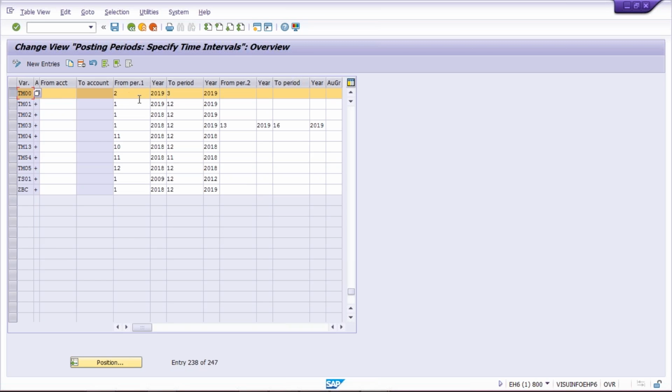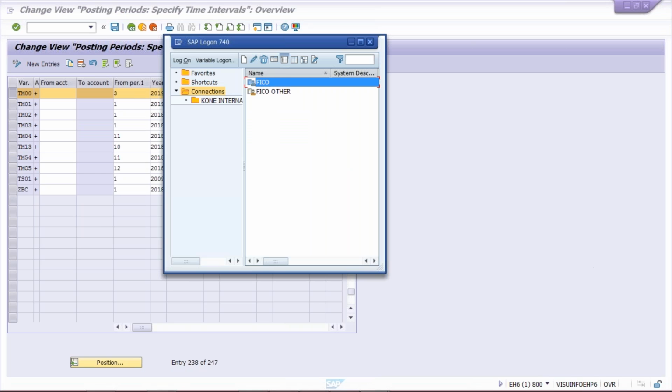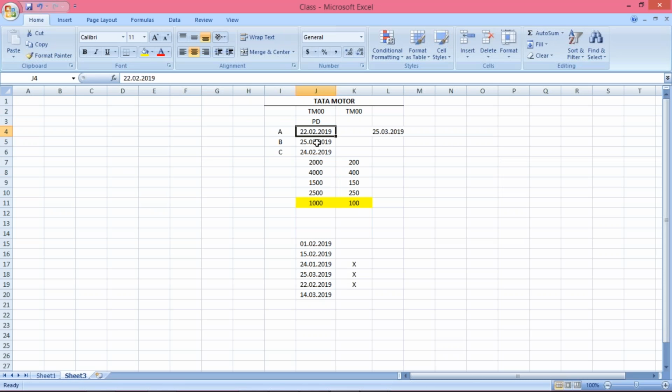So what I said, here I'll just do one thing. Here it will be like this. And here what we are going to do is open this February period 2019 and February period 2019. Okay, so what I said, in this case, this A is allowed to post their transactions. Even B and C also will be allowed to post their transactions. But